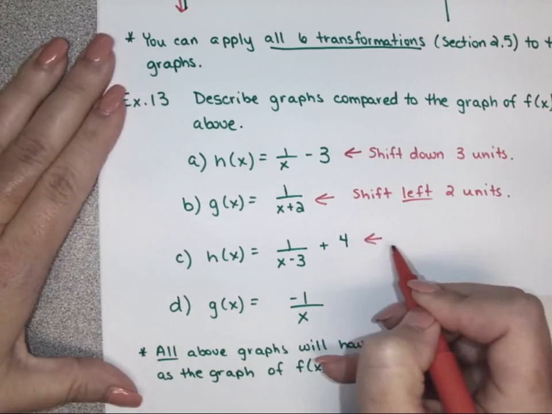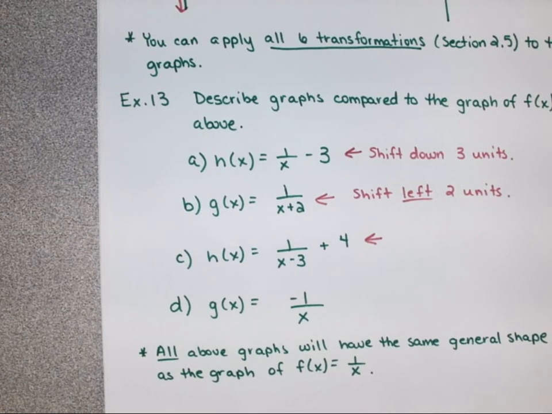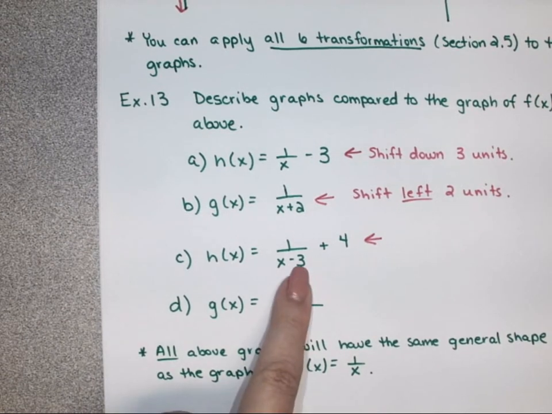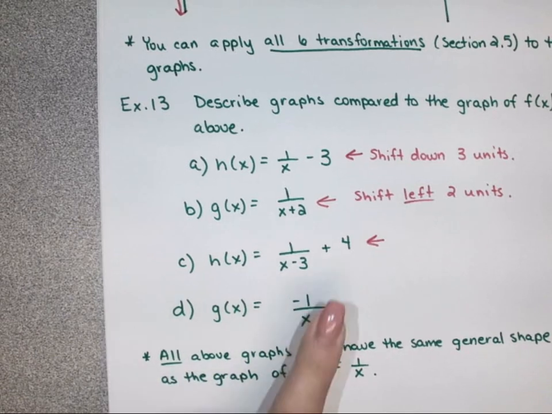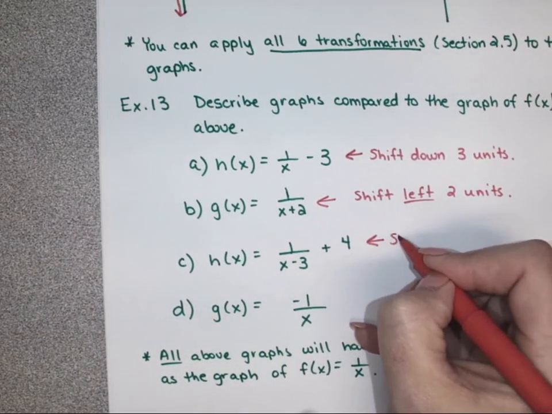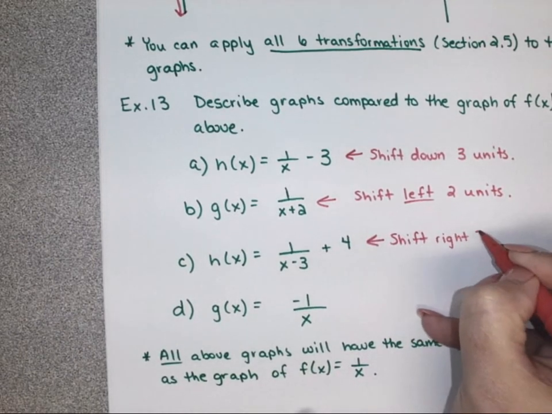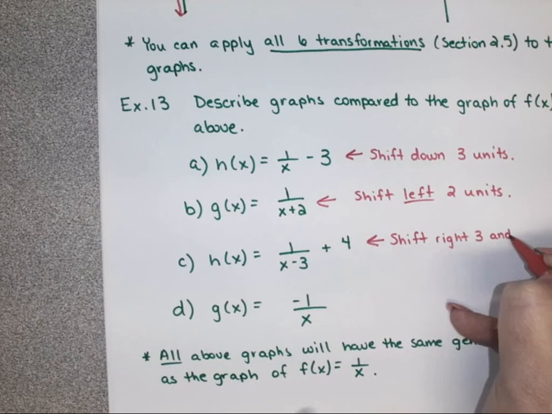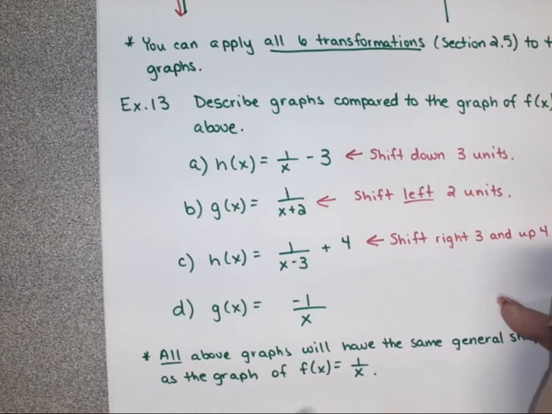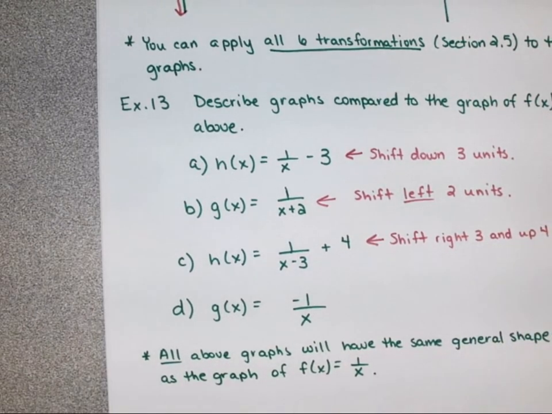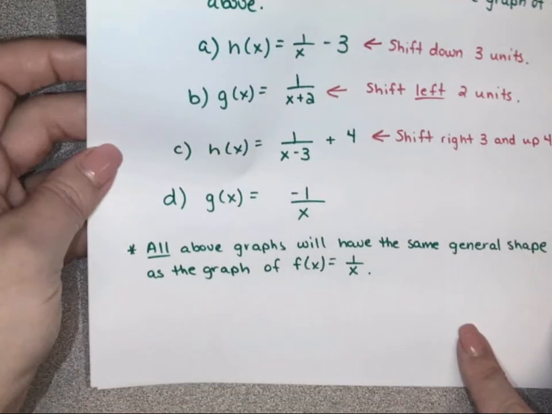All right, so what about this one? We have 2 shifts happening, right? We have a shift of what according to this? Right 3, and then what is this going to do to the graph? Up 4, okay? So this would be shift right 3 and up 4 units. Remember, you work from the inside out, so technically you would do the right shift first, right? Because that's the one on the inside. And then